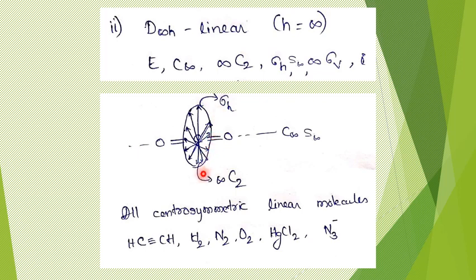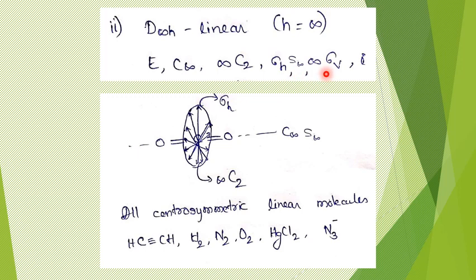And now infinite number of C2s, they have been shown like this, right? So you can take any of these axes, and on that axis you rotate the molecule, it will return to an equivalent orientation. So you have infinite number of C2s and sigma h. Therefore, C infinity, infinite number of C2s plus sigma h, that should take the molecule to the D infinity h point group. Along with that, the inversion center will automatically come,